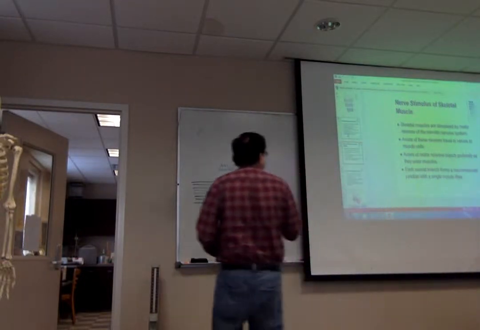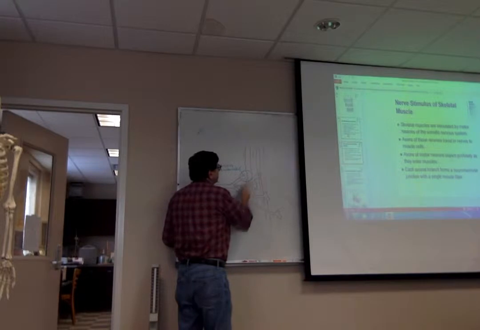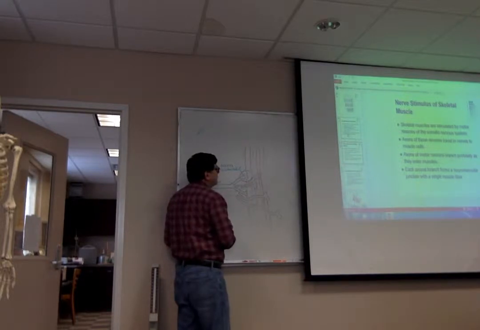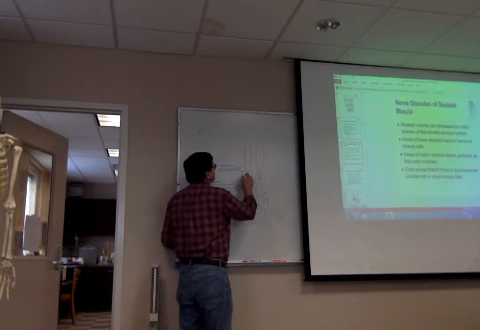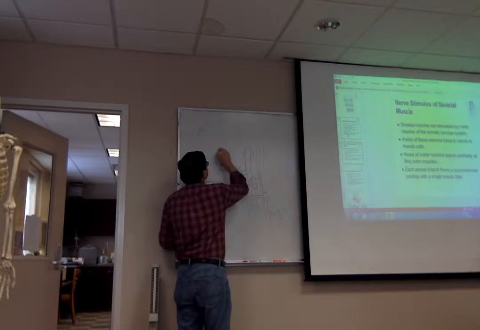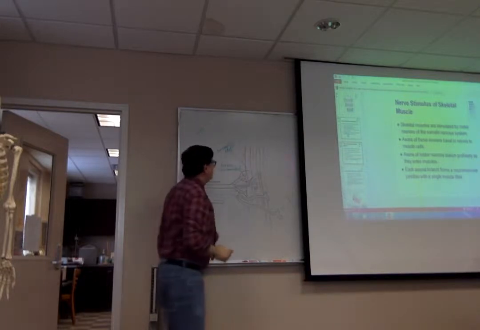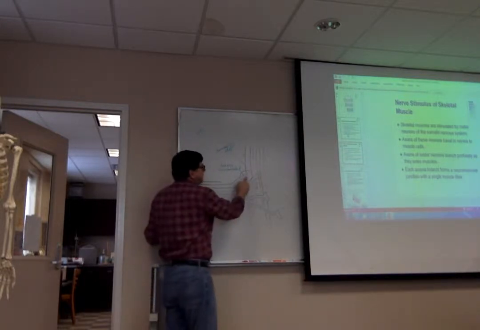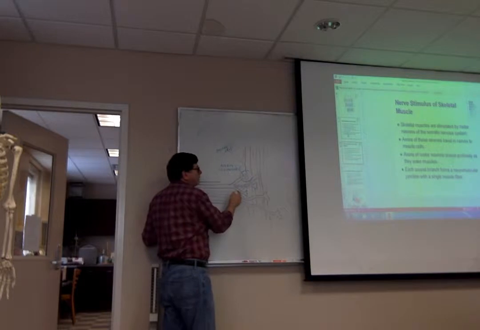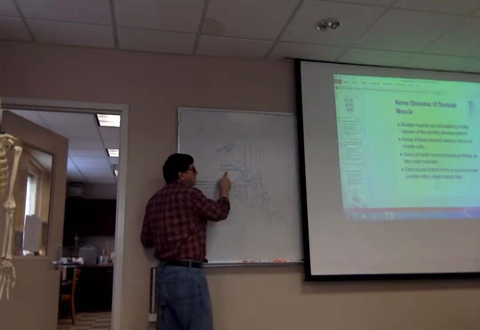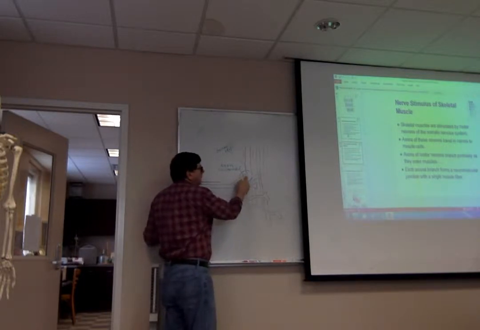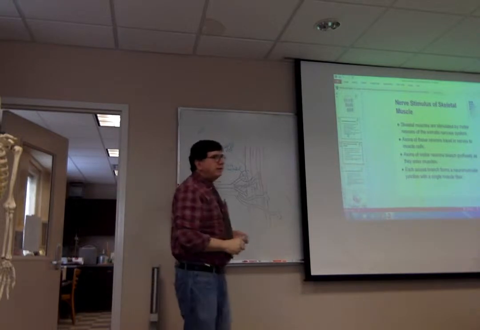There's a space between the two. That's called a synaptic cleft. So there's a space, a synaptic cleft, between the presynaptic membrane from the axon terminal and the postsynaptic membrane of